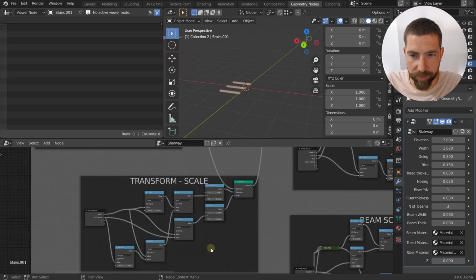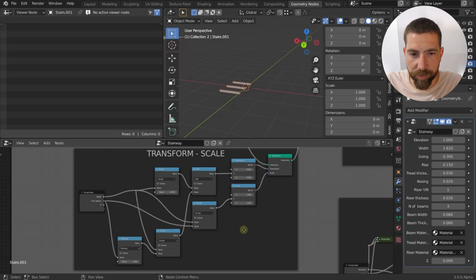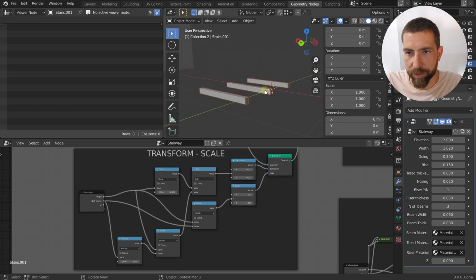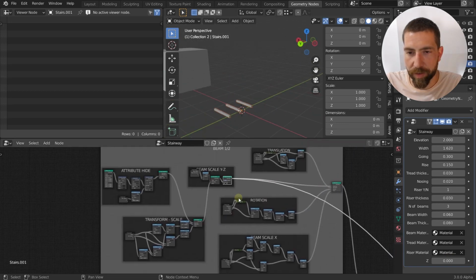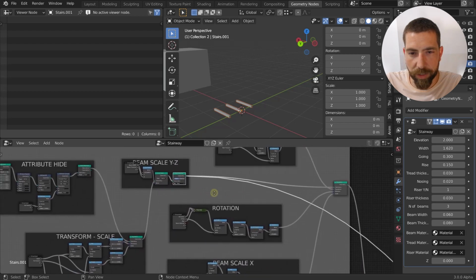So this is the scale we used, so number of beams and scale on the z-axis and on the width. So this is pretty self-explanatory. I already talked about these kind of things again and again. And then